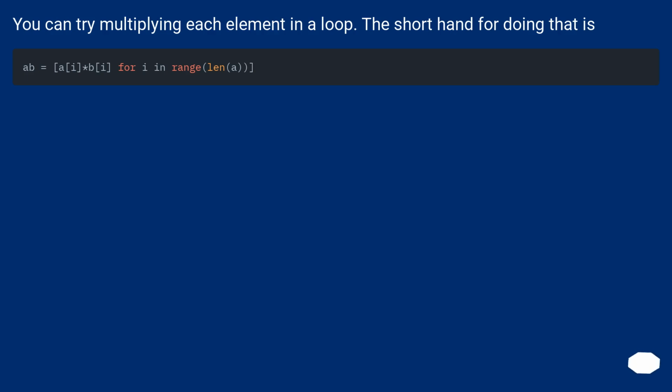You can try multiplying each element in a loop. The shorthand for doing that is